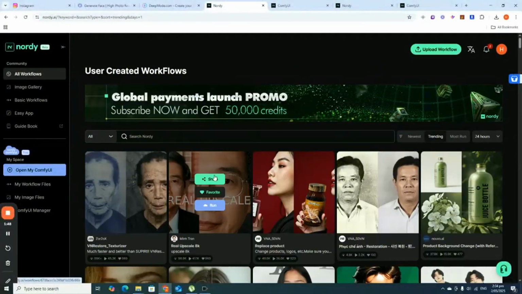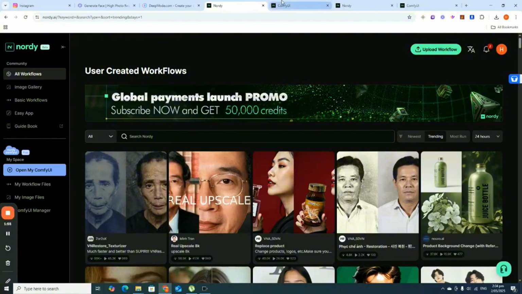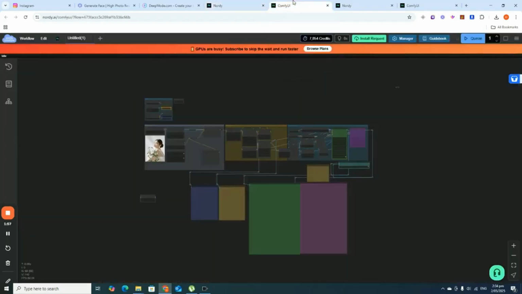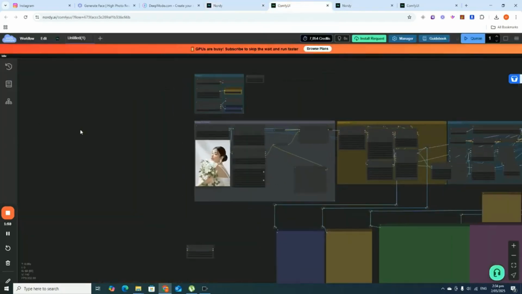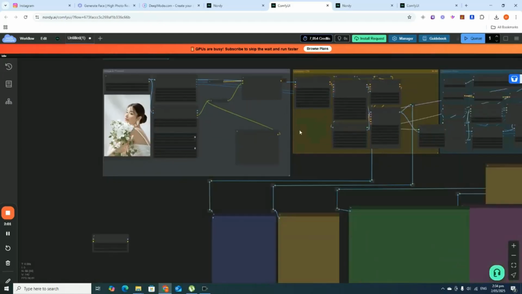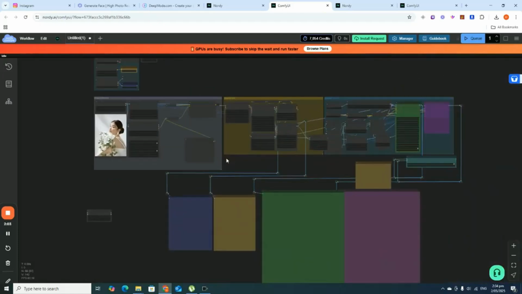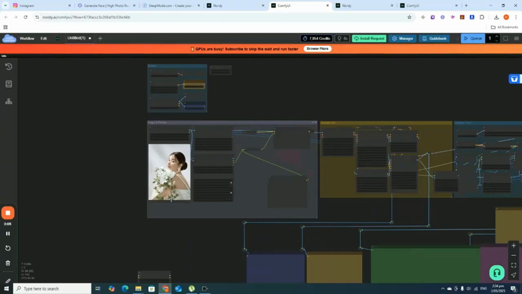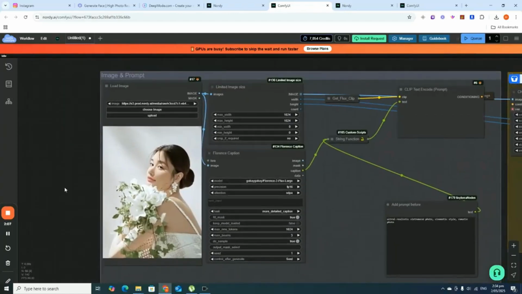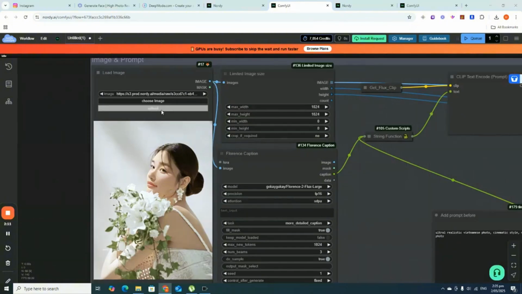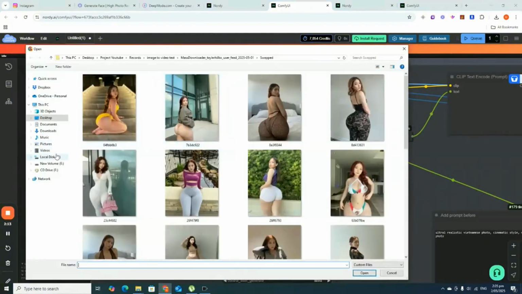This is the workflow you're going to use. It is a Comfy UI workflow. You don't have to know about Comfy UI to do this. It's pretty straightforward, a simple workflow. I will guide you through how to do this, right? I know it looks a bit complicated, but all you have to do is upload the image right here, then start the workflow. You zoom in and press upload,